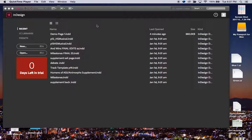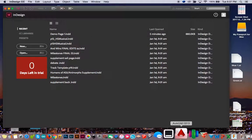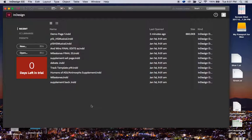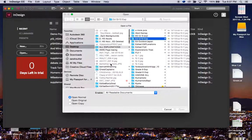Okay, so in your yearbook folder, I have placed the template for a single page, not a two-page spread, of the supplement. We are going to be working in InDesign, so you need to open InDesign. Here. So once you open it, then you can either Command-O to open and go find